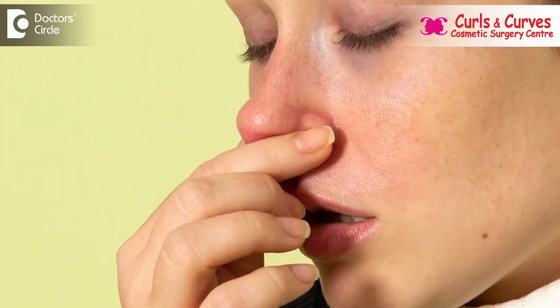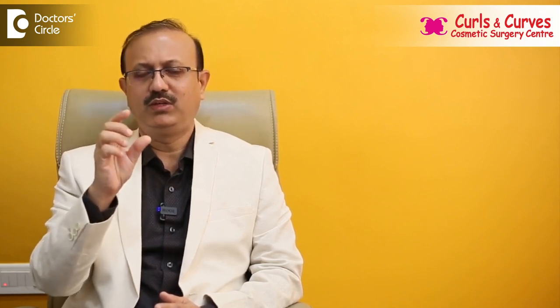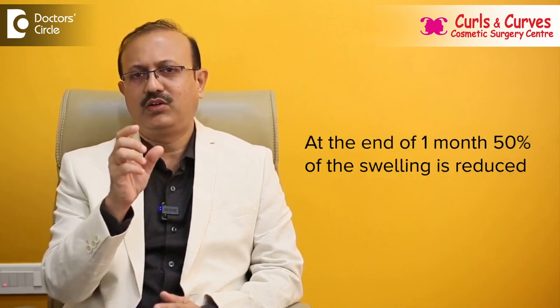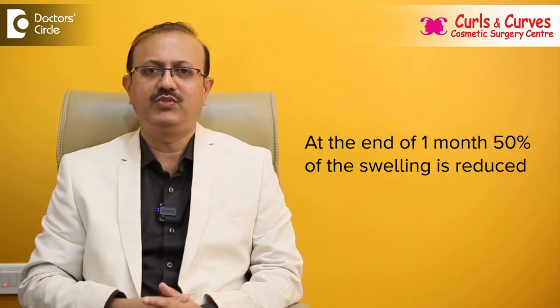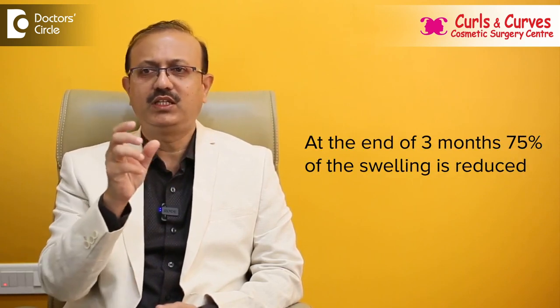So the swelling will be to an extent of 4 to 5 millimeters. And we advise some tip massage to decrease or to settle the little swelling. Naturally, whatever the swelling is there, that is minimal swelling, 4 to 5 millimeters. So this reduces very gradually over a period. At the end of 1 month, maybe around 50% of the swelling will be reduced. At the end of 3 months, 75% of the swelling, that is around 3 millimeters of 5 to 6 millimeters,